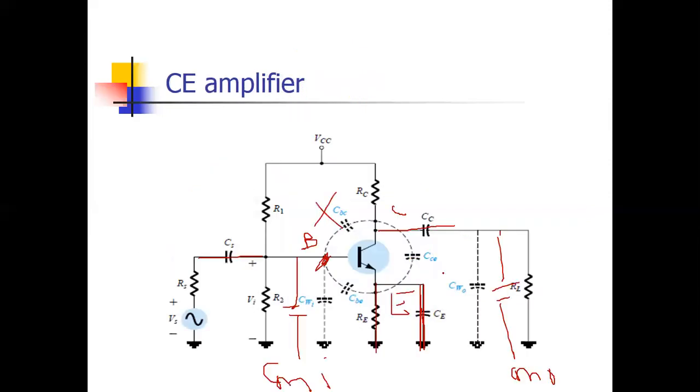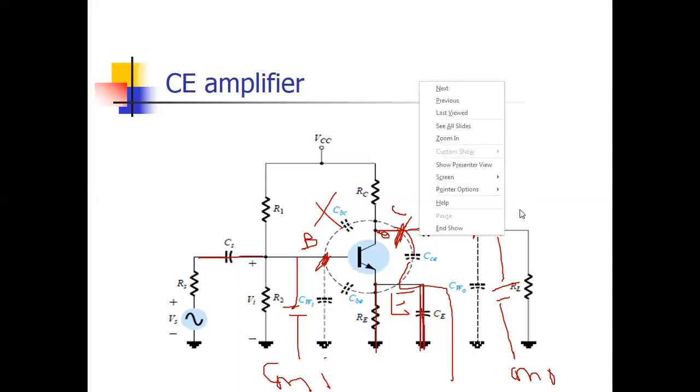Same with the case of output capacitance. Now one capacitance is CWO. One capacitance is your CCE, because it is connected between C and E, and E is grounded. So one is CCE, one CWO, and one is Miller capacitance, CMO. So at this particular collector node, one capacitance CCE, one CWO, and one CMO. All three capacitances are at one node, means all will be in parallel.